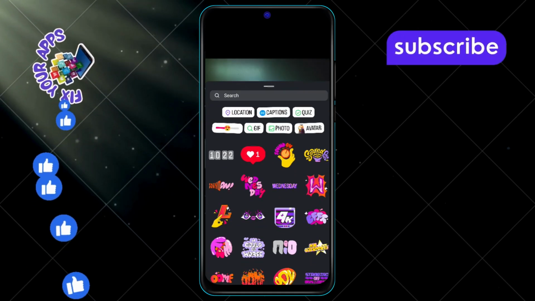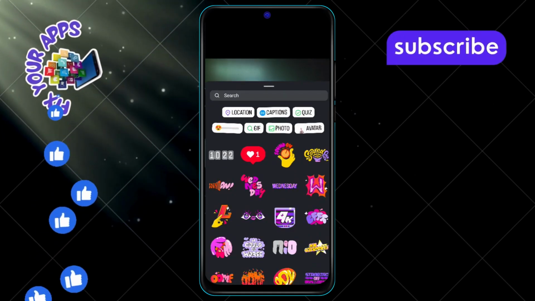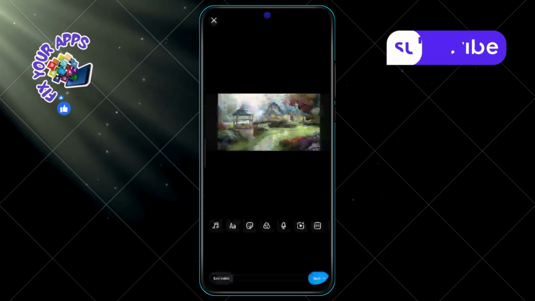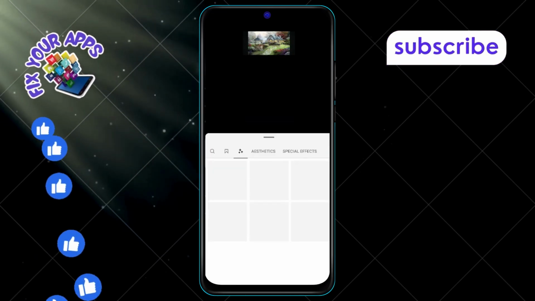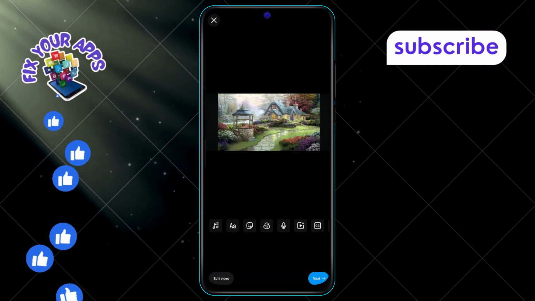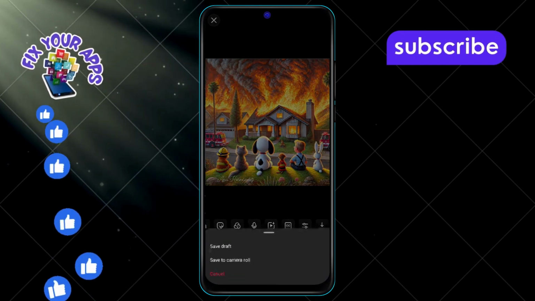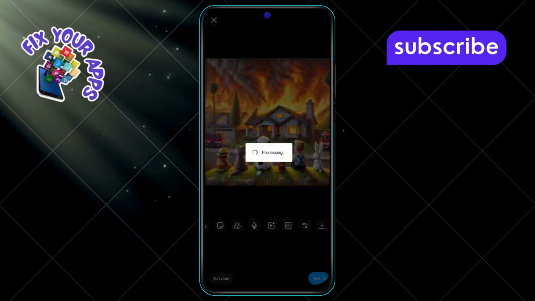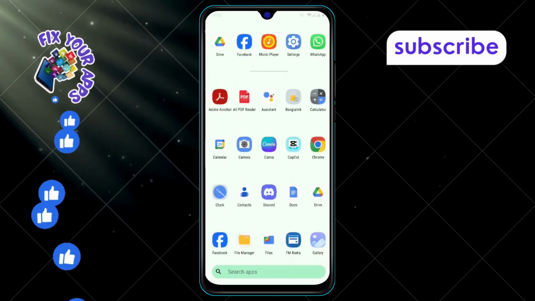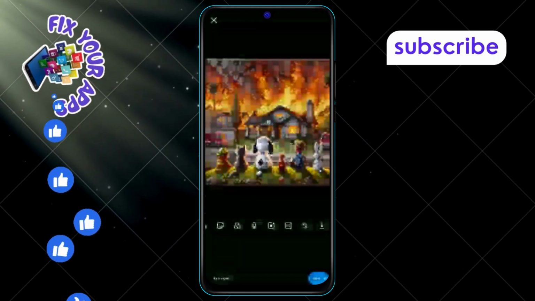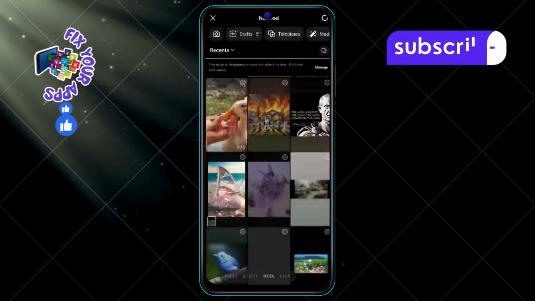your vibe. Step 8. After adding music, you can also get creative by adding stickers or filters to your photos for that extra touch. Step 9. Once you're happy with your edits, tap the download button to save the video to your gallery. Step 10. Now, head back to Instagram, tap the plus icon again, and this time, select Story to upload your